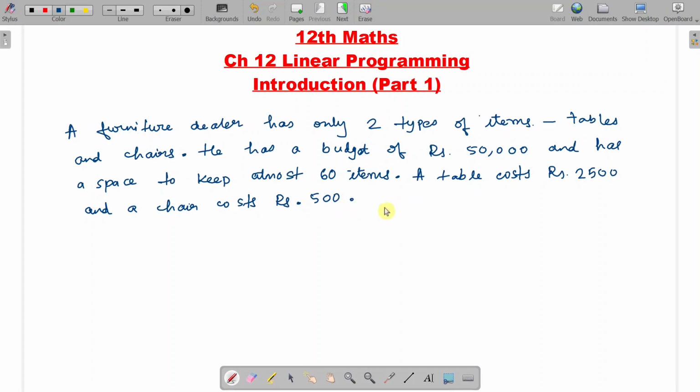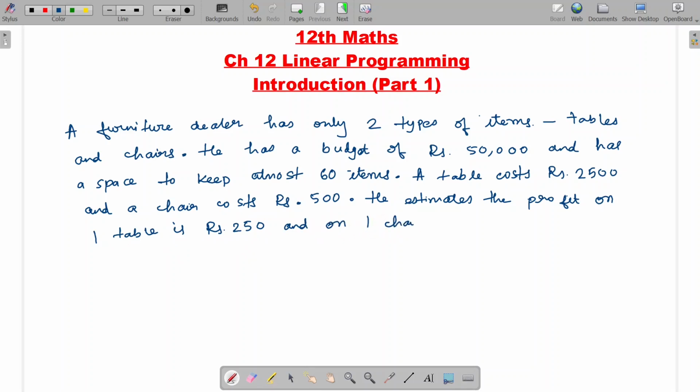now he estimates the profit. So the profit on one table he finds out that it is rupees 250 and profit on a chair is rupees 75. Okay, so he estimates the profit on one table is rupees 250 and on one chair is rupees 75. Okay,